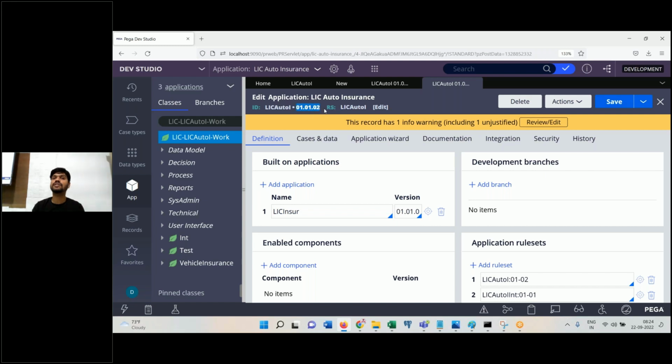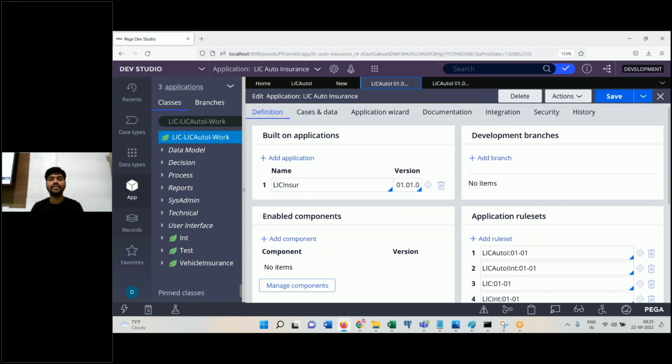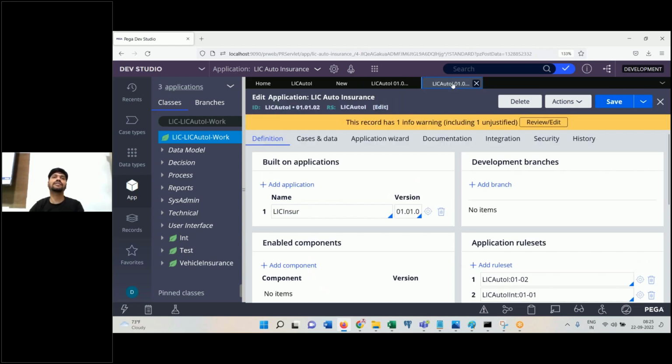This is not rule set version. This is application version. Understand? I told you that clearly. Every application will have a version. See here, application has a version. Application also will be incremented: 01, 01, 02, 01. So now I am making changes to the application rule form, right? If you're making any changes here, you have to take it to the latest version of the application, not the rule set. So now I have two versions of application. The previous version can only access 0101 to 99. This version can access 0102 to